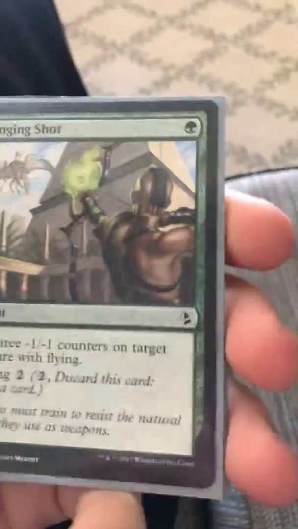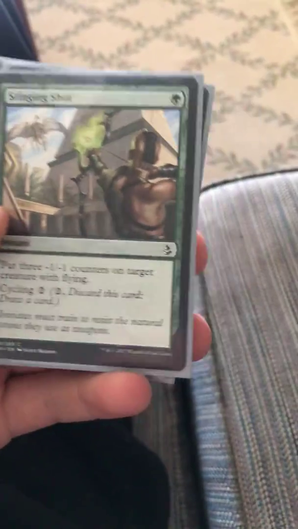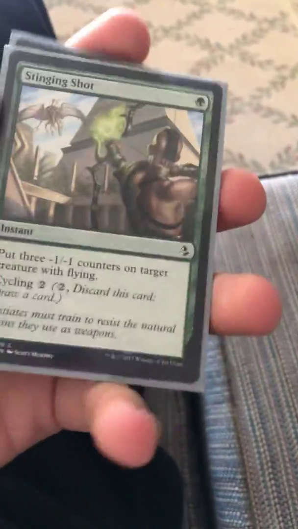Now, the next card you're going to want is Stinging Shot. Now, any version of this card will work. It doesn't have to be Stinging Shot. I chose Stinging Shot because I wanted to stay mono green. Stinging Shot allows you to take care of those dangerous flying creatures that you don't have anything to counter them with,